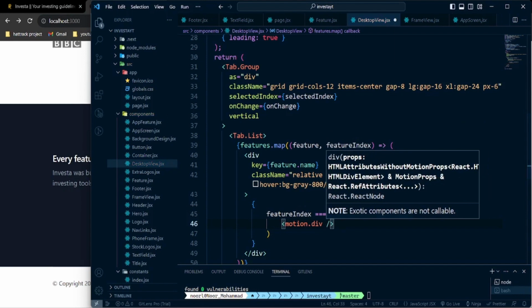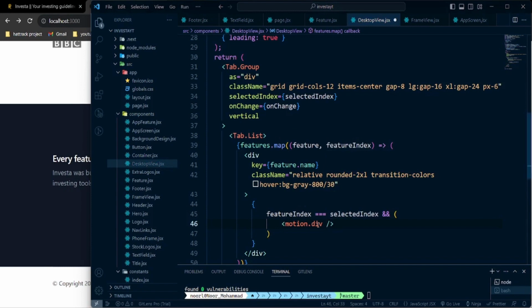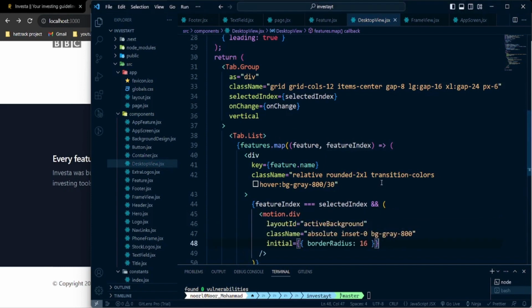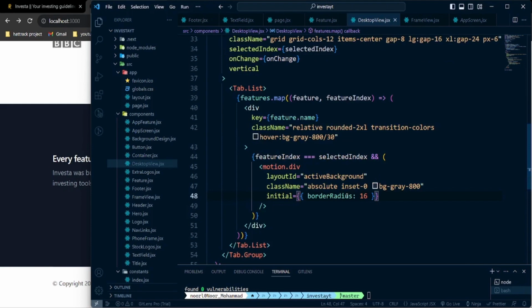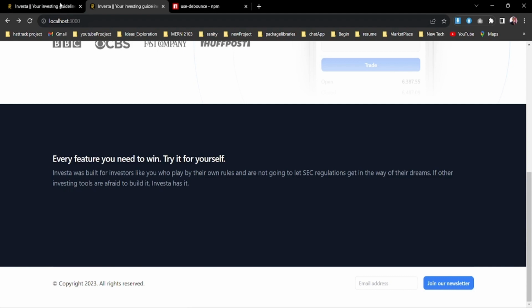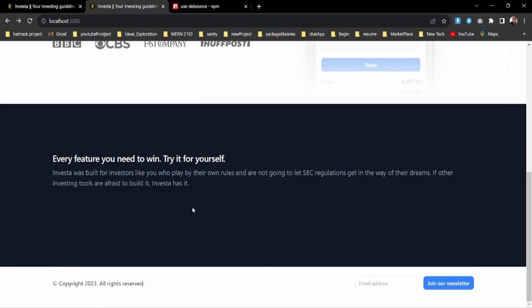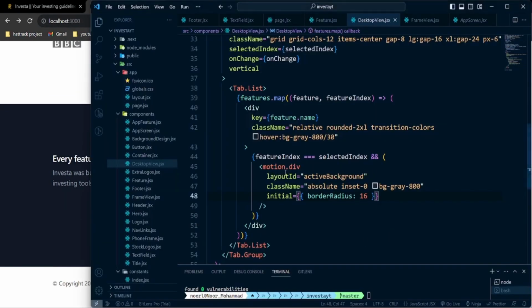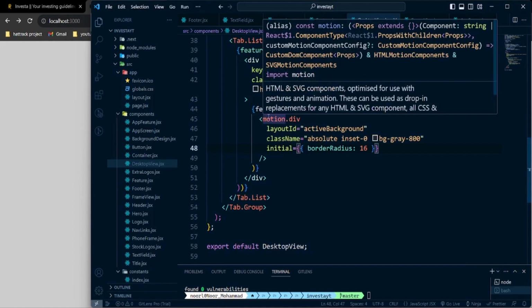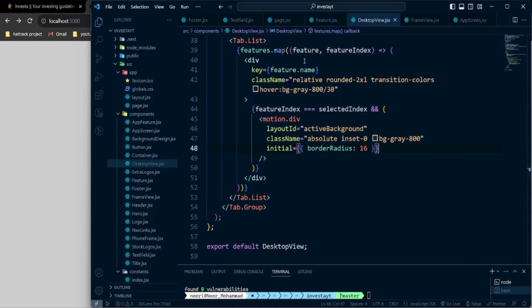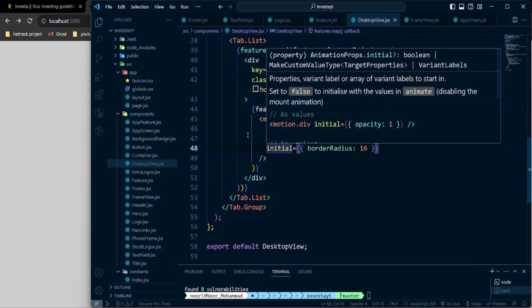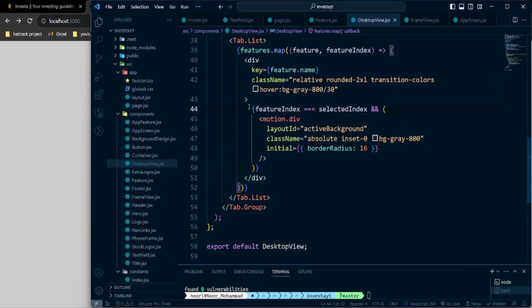And inside that div, we're gonna pass a parameter, the layout ID, which will be that active background, and the class name will be absolute inset 0 bg gray of 800. The initial will be the border radius of 600. That's the radius we are creating. So now after passing that value, as you see, after finishing that particular div, the feature index, that's the div, and after this div I'm gonna pass another div,